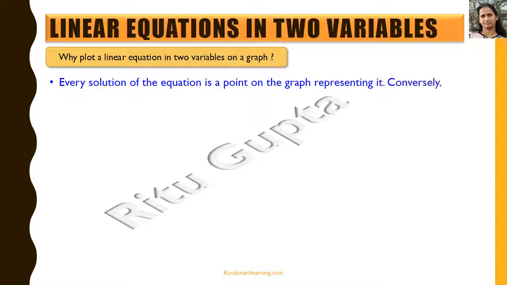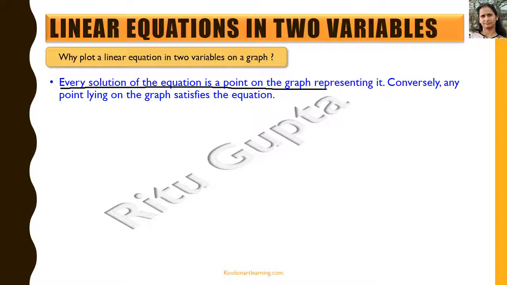So first of all, every solution of the equation is a point on the graph representing it. As we've been discussing while we were drawing the graph, every solution of the equation is a point on the graph representing it, and conversely, any point which lies on the graph satisfies the equation. So we are saying if we have this graph, we've just drawn this part of the graph,